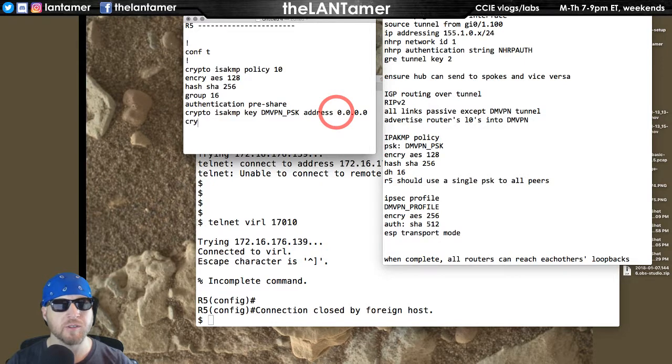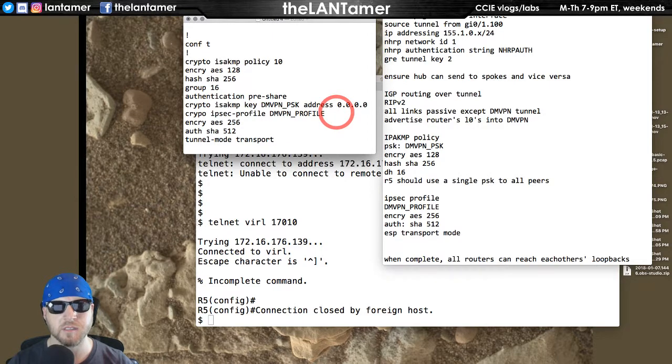Then we're going to do crypto IPSec profile, DMVPN underscore profile, encryption AES 256, authentication SHA 512, mode transport, tunnel mode, I think. And then all we do